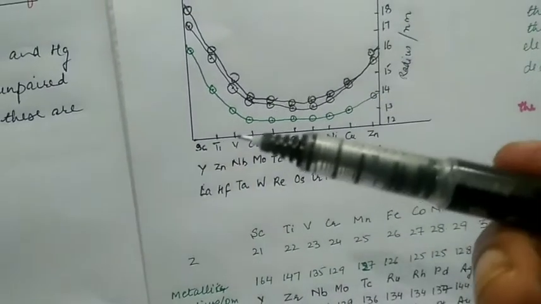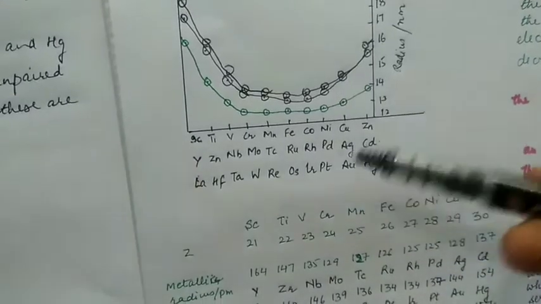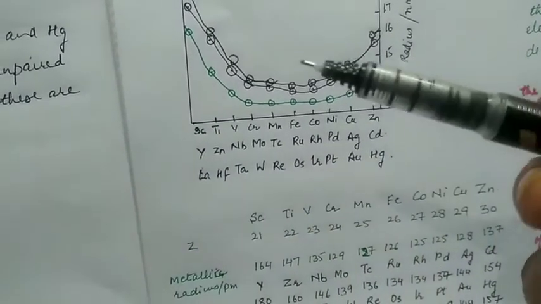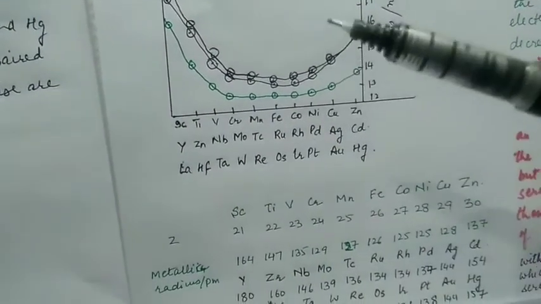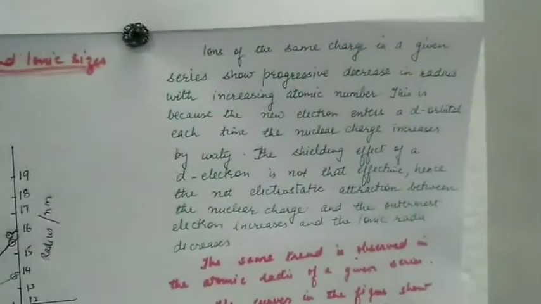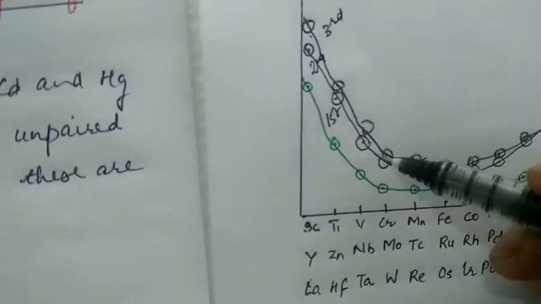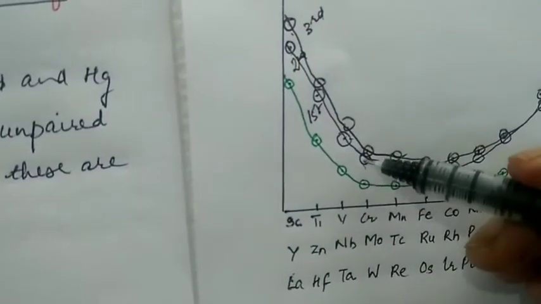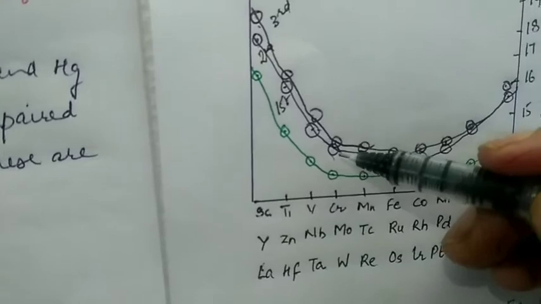So with the increase in nuclear charge, addition of more electrons, the effective nuclear charge increases, causing a decrease in the size. So you can see that there is an increase in atomic radius for second transition series as compared to